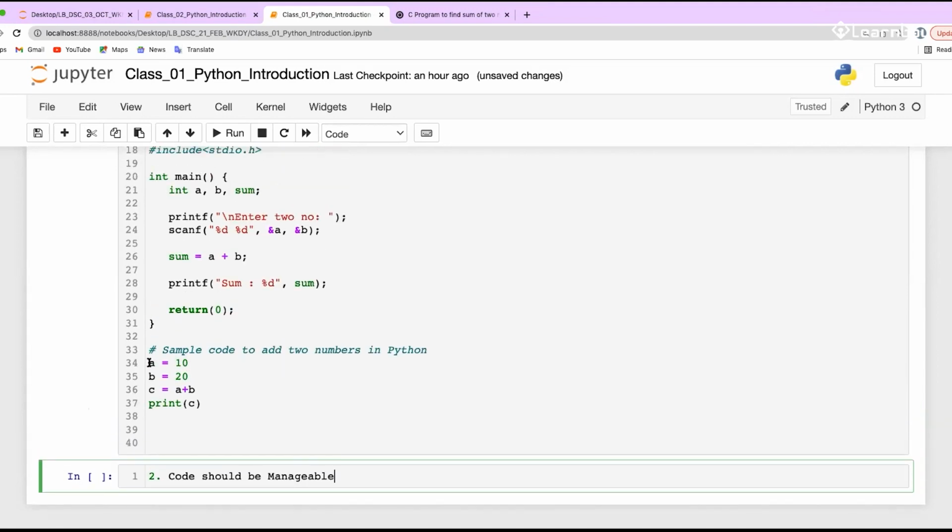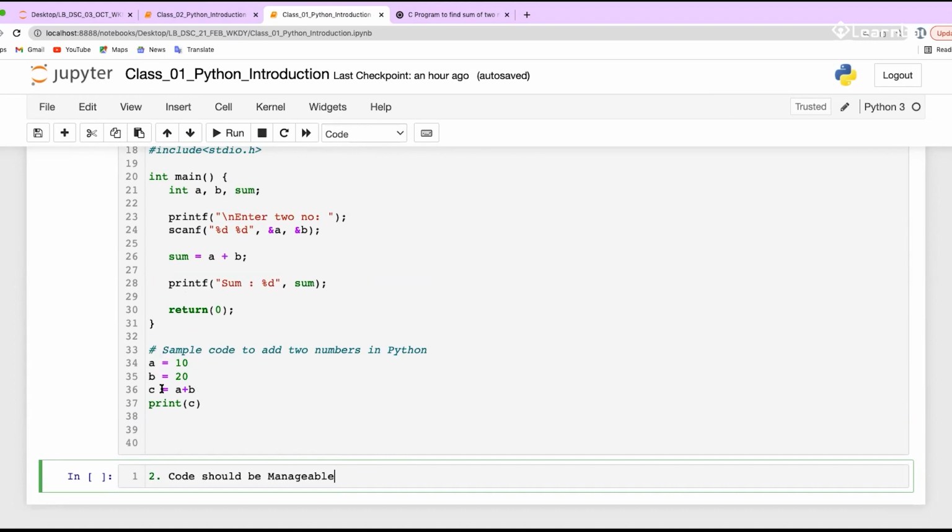We can write this code in different ways. But if you are developing an application, there are probably going to be thousands or tens of thousands or millions of lines of code. Whenever you write code, you should write it in a way, or